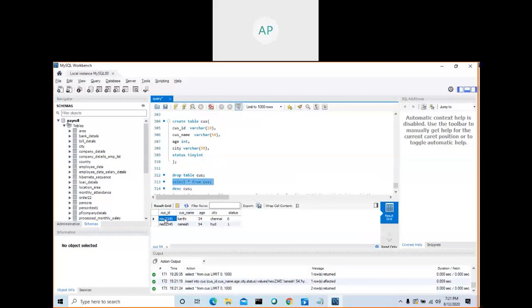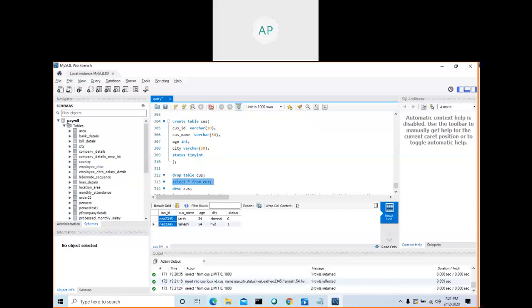Can a customer ID be duplicate? Can two customers in a bank have the same ID? Can two employees in a company have the same ID? No. So then your table creation is wrong. So now what we should do, you should create a table and make this column as primary key so that it will not allow duplicate values and null values.